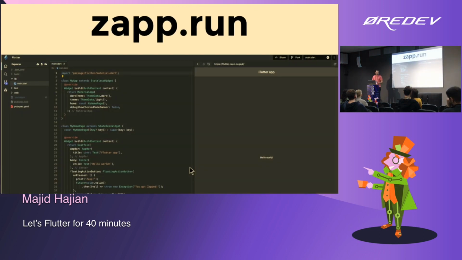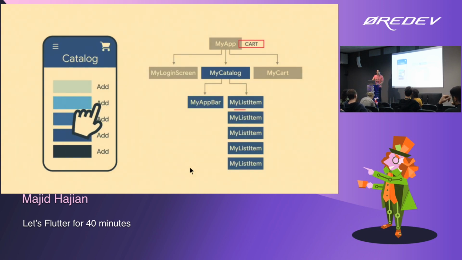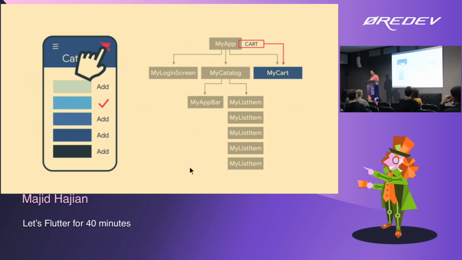So that's the tools I mentioned. You probably by now opened that. If you have not, then this is the URL, zap.run. You're going to start playing around with Flutter. This is Flutter Web particularly, but anyway, it's Flutter code. You can play around without downloading any SDK or anything like that. But I need to give you a quick overview for those who really don't know Flutter, at least before I start, so we are on the same page about what I'm talking about.